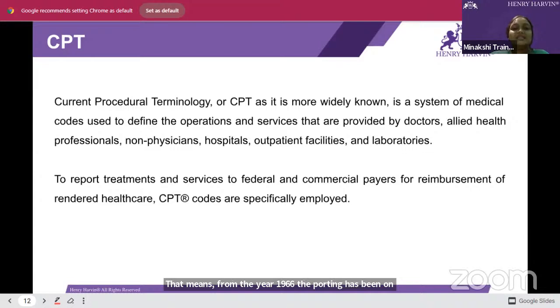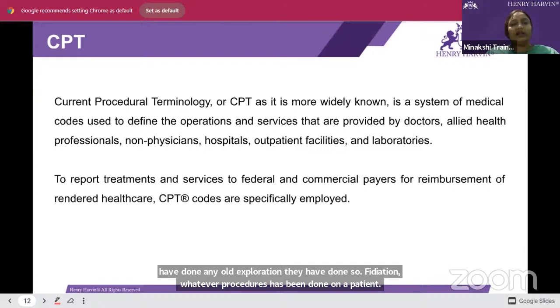And in this CPT book, as you can see, procedural terminology, procedure in the sense, for example, any surgery has been done, any biopsy has been done, any wound exploration has been done, any drainage has been done. All these codes you will be getting in CPT. For example, appendectomy, gastrectomy, nephrectomy, CABG surgery, any heart transplant, lung transplant, any biopsy, any repair, any wound exploration they have done. So whatever procedures a physician has done on a patient, all those procedure codes will be available in your CPT